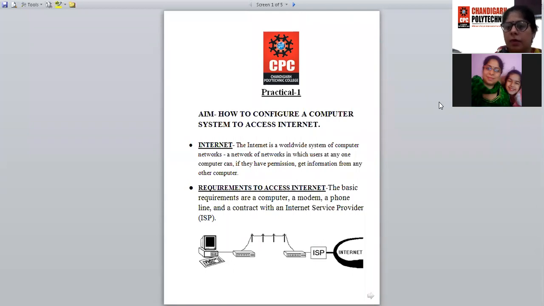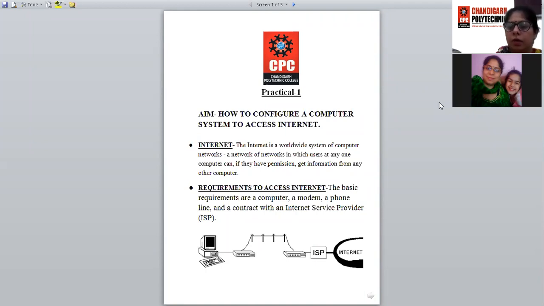And another important thing, that if you wish to connect your computer system to the internet, you must purchase an internet connection from the internet service provider, ISP. These ISPs have permanent internet connections, and they sell them on an annual or monthly basis.